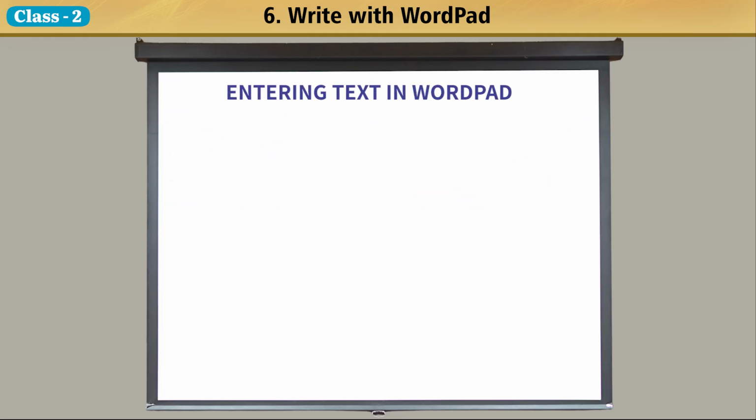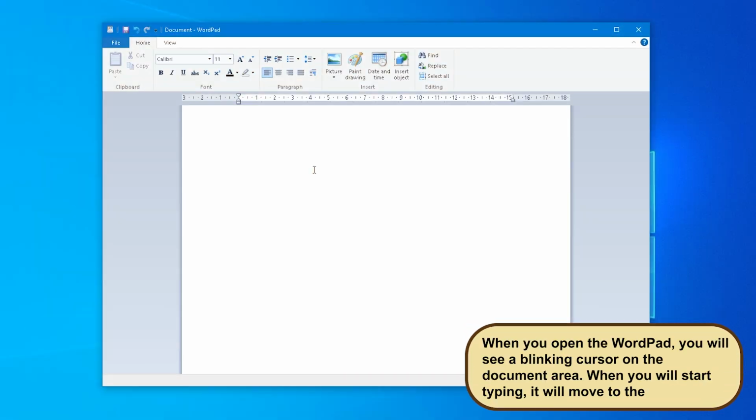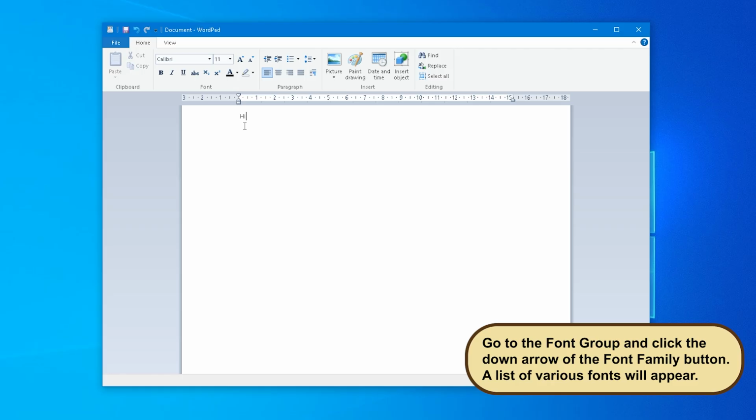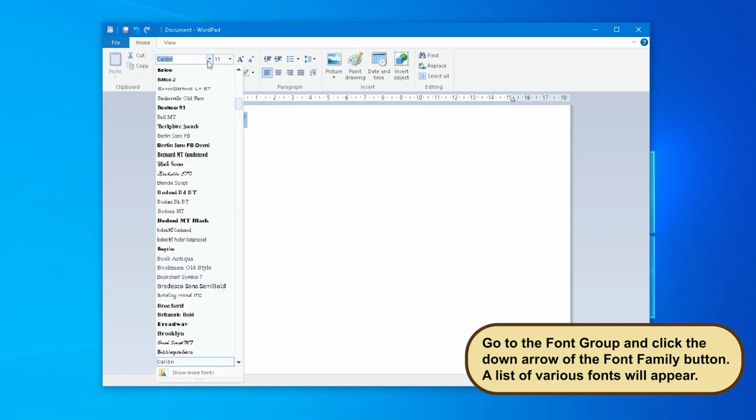Entering text in WordPad. Let's learn to enter the text in the WordPad. Step 1. When you open the WordPad, you will see a blinking cursor on the document area. When you start typing, it will move to the right side. Step 2. Go to the font group and click the down arrow of the font family button.